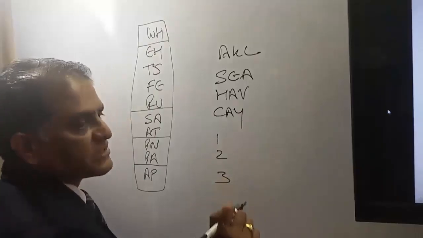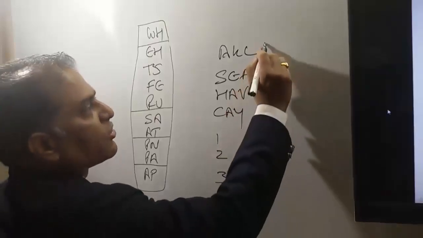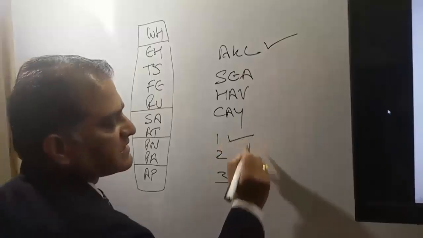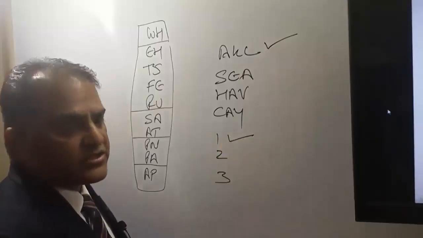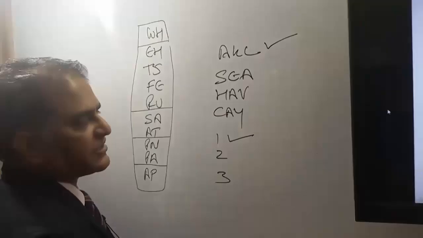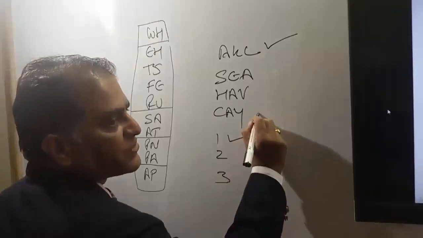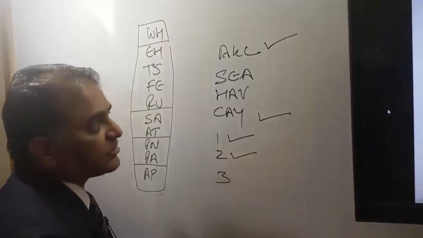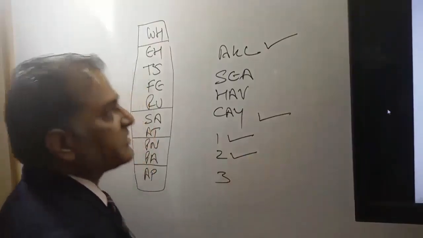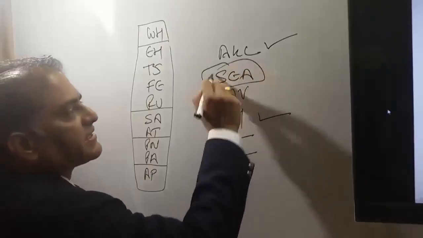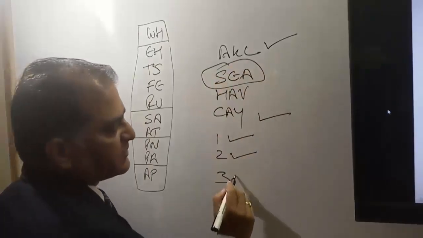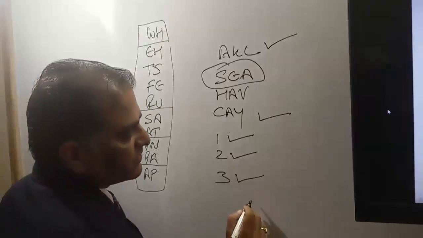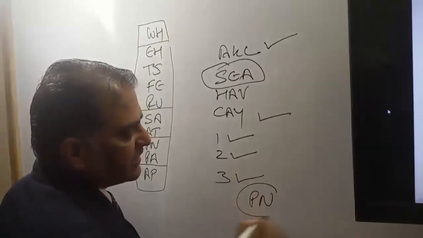Very first is Southwest Pacific. Yes, Auckland is in Australia and Australia is in Southwest Pacific. That means it has satisfied the origin condition. Now we'll check the destination condition. Cayenne is in French Guiana. French Guiana is in South America. That means it has satisfied the destination condition also. Now we'll check for the via condition. Seattle is in USA and US is in North America. That means it has satisfied the via condition also. So for this itinerary, the global indicator will be PN.